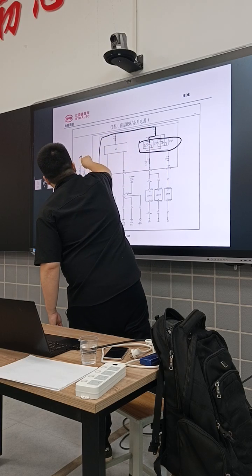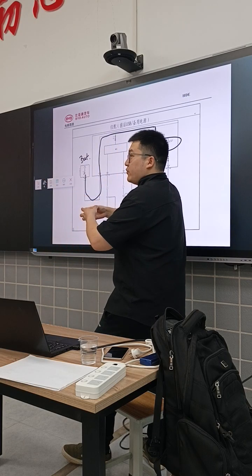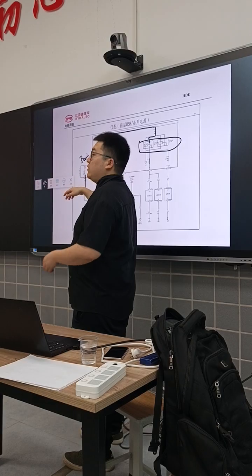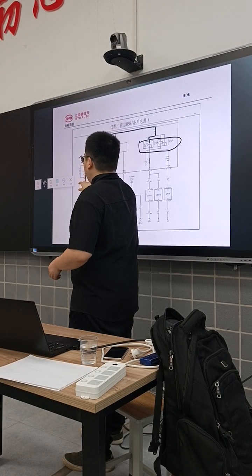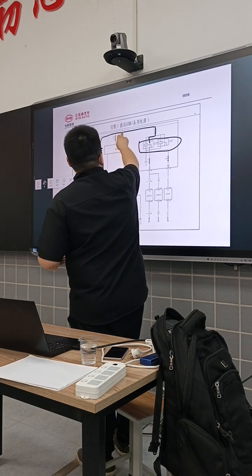This is the battery, and the battery goes to the big fuse, 80 amps. To the 80 amps fuse we received yesterday, and here to the